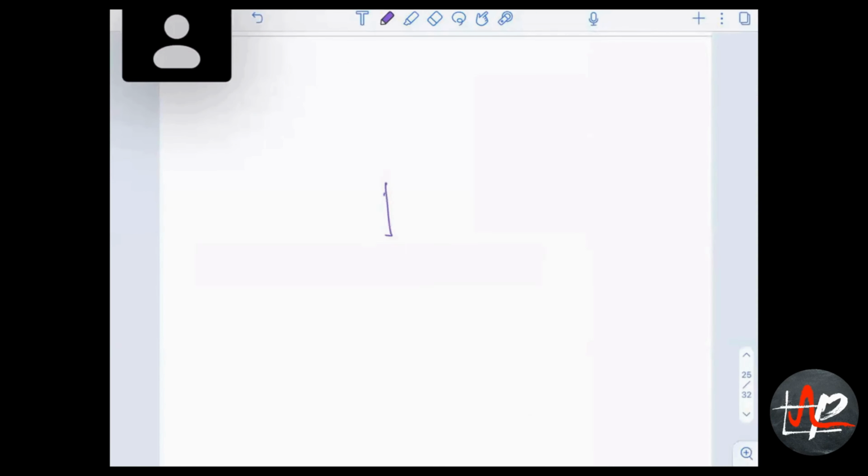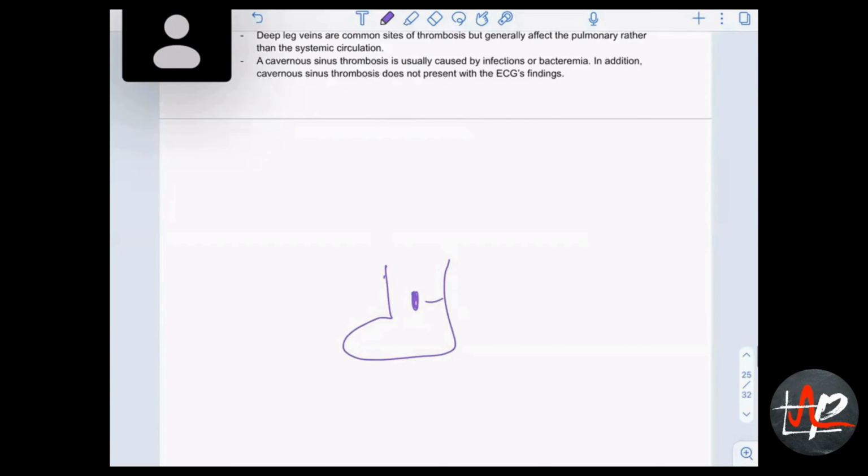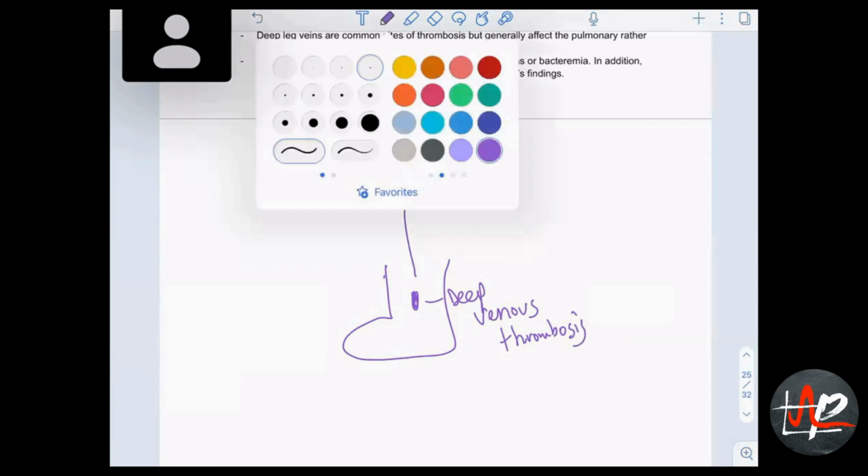So if here's your leg, and you have, let's just say, a clot right here, it's going to be in your deep venous system. If it embolizes upwards, and here's your heart,